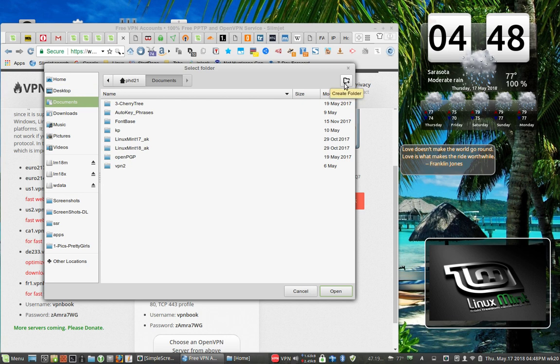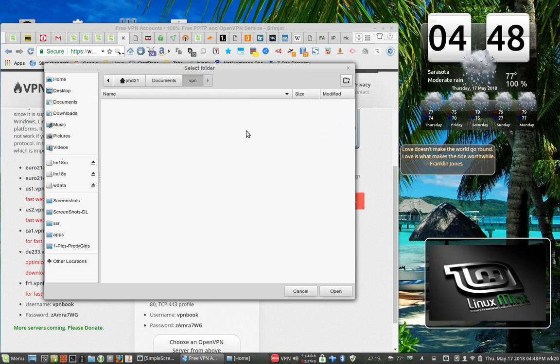Now, I can create a folder beforehand, or I can do it while I'm saving the file. Up here in the upper right, it says Create Folder, so I'm going to click that. I'm going to type in VPN. I'm going to click Create. But because this particular VPN provider is called VPN Book, I'm going to create a subfolder for VPN Book